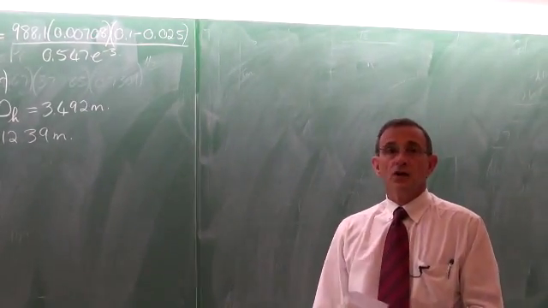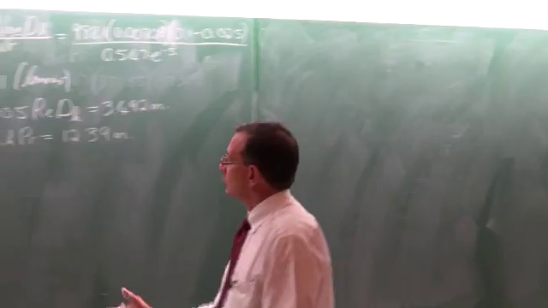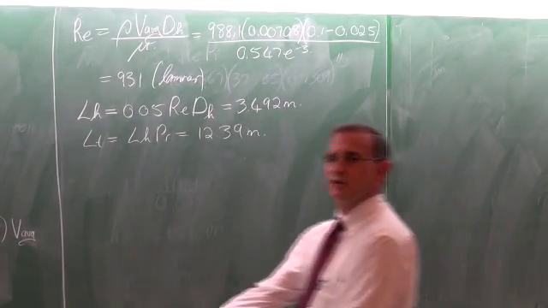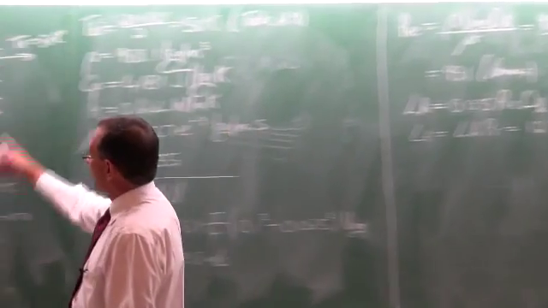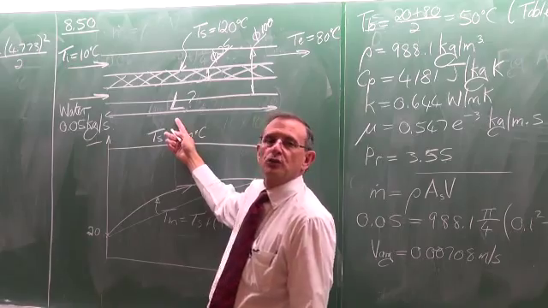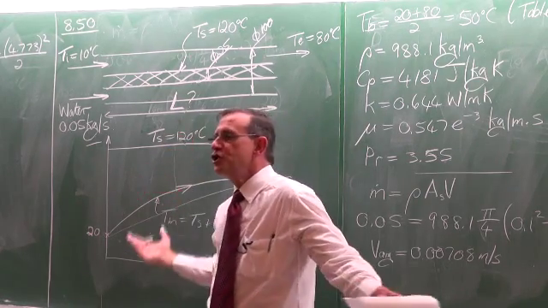Okay. Now we have to make a decision. With this in mind, it takes 12 meters before the flow is fully developed, but they didn't tell us what the length of the tube is. That is what we have to determine. Okay. So let's assume